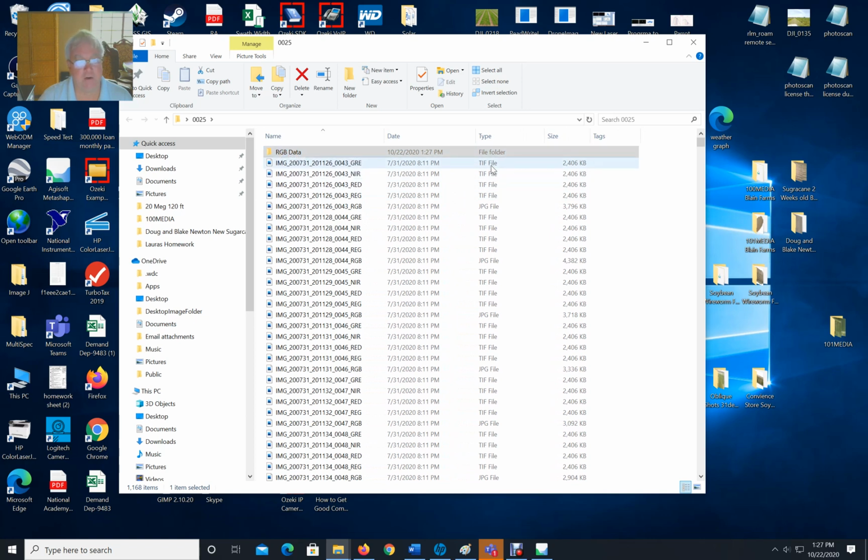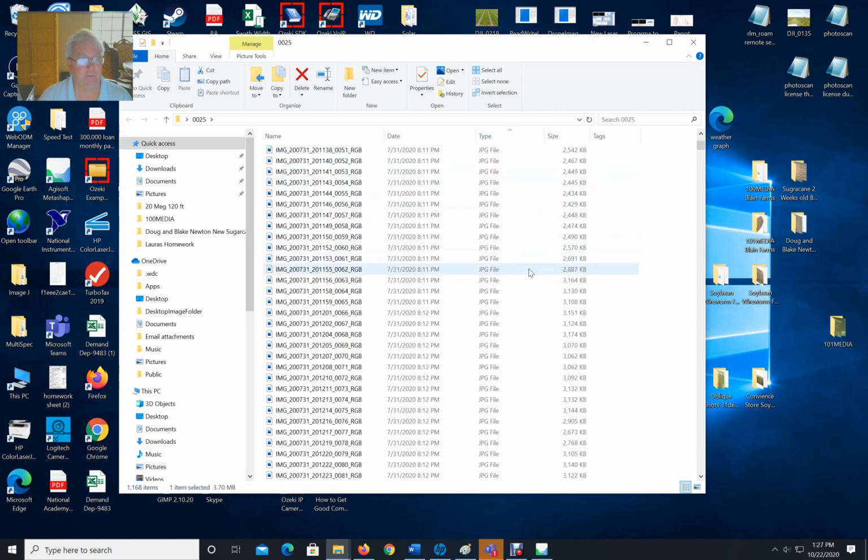If you look here, all of these are TIFF files. That's for those black and white ones, the NIR, the red edge, things like that. This is a JPEG file. It's a smaller file format that has 3 bands encoded, and this is like normal camera type files. So an easy way to sort these is just to do it by type. And you can see now when I click that button, all of a sudden I have all my JPEGs here in a row. I can click on this one, scroll down,